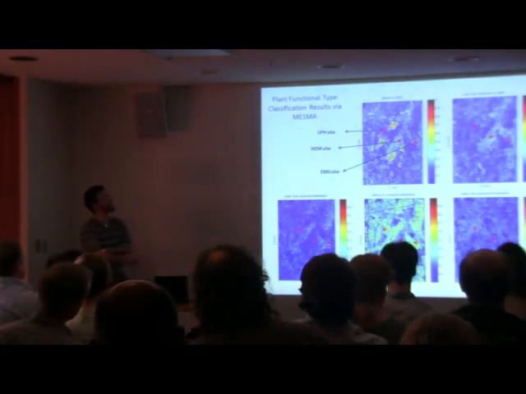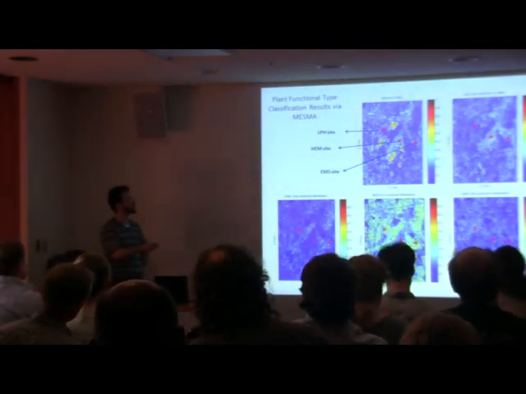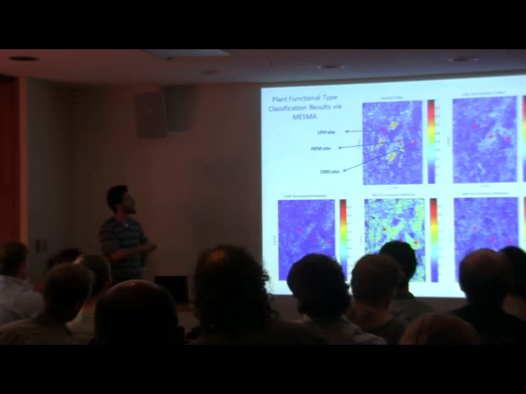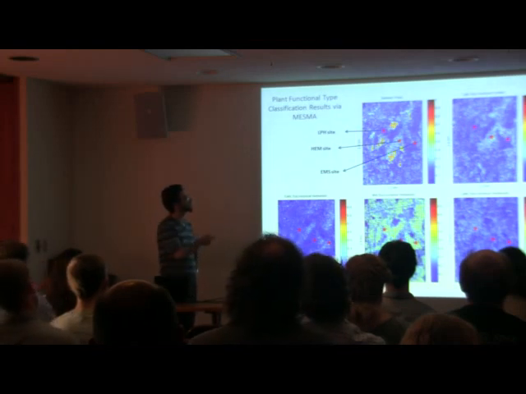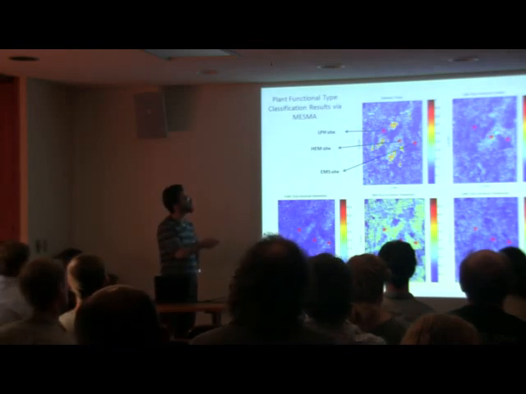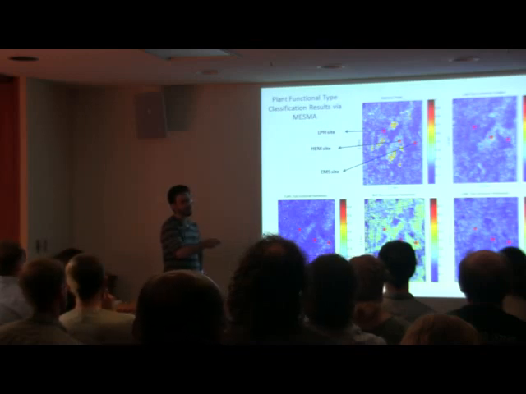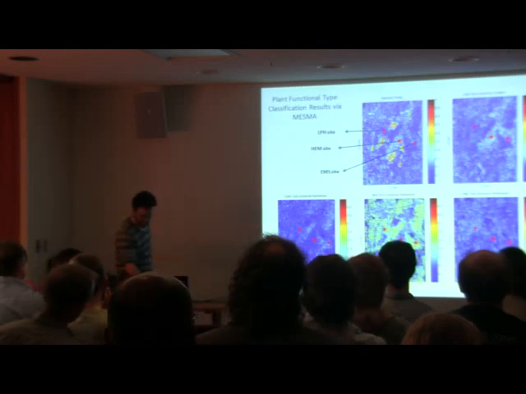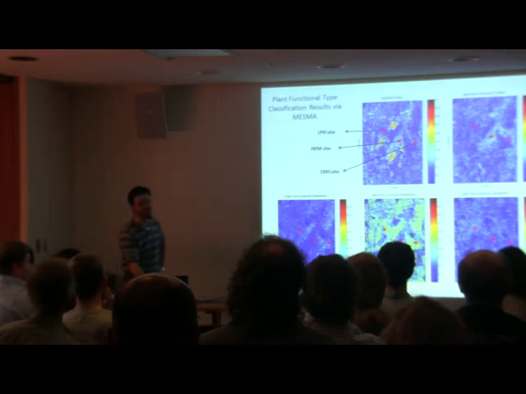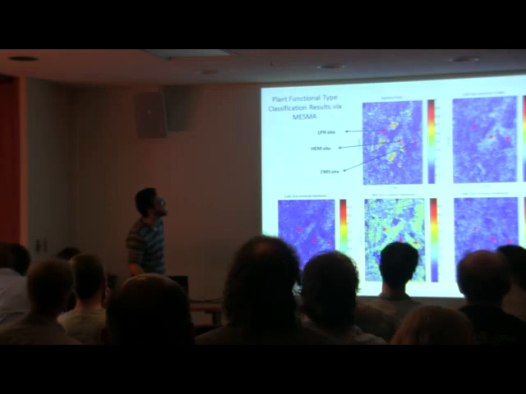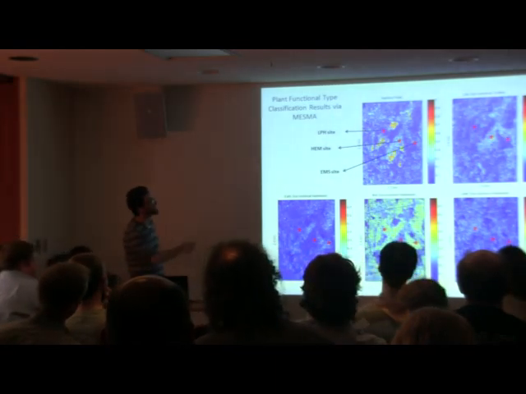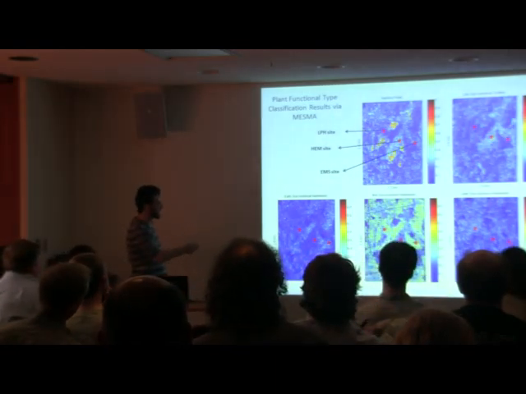This is what the classification looks like across this particular tract. I think we'll rename it, but you can see that the dominant plant functional type is the mid-successional hardwood, with a good presence of these pines and hemlocks. Thankfully, there's a good band of hemlocks around where the hemlock tower is. So that's encouraging.